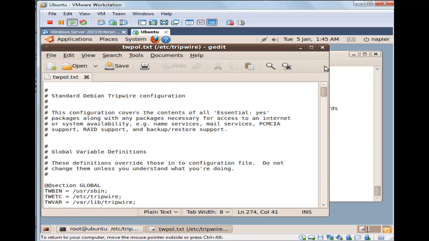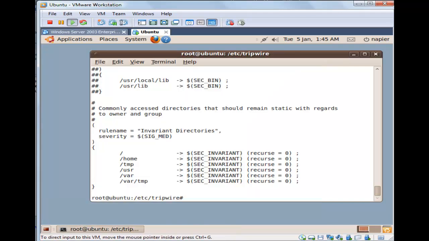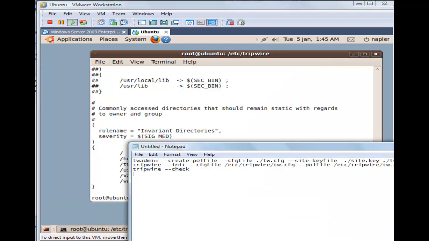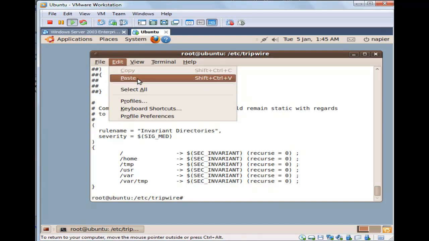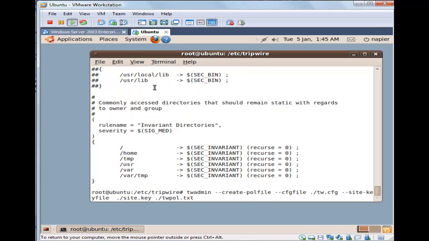Okay, so we'll keep it as it is, and what we do first is take the text file and create it as our pol file, which is an encrypted file with our policy. In this case we're taking our text file, we have some encryption keys stored, and then we're compiling it into our policy file,